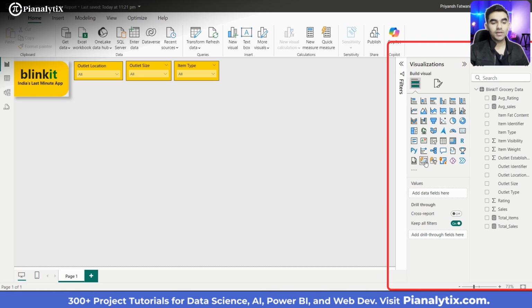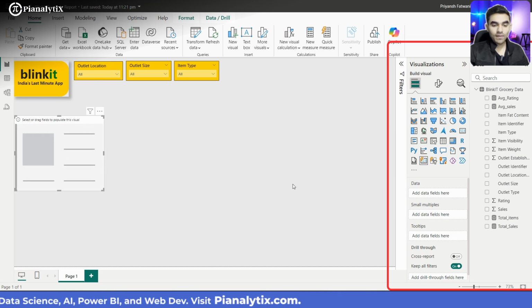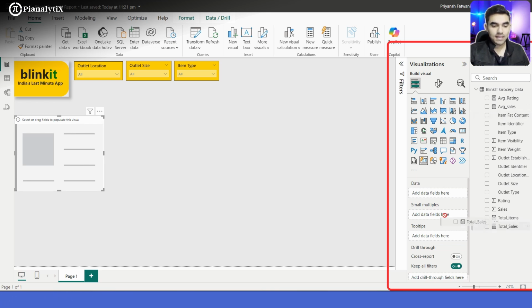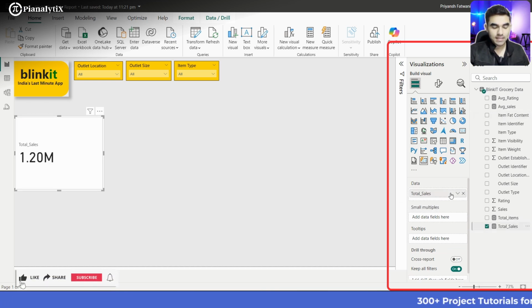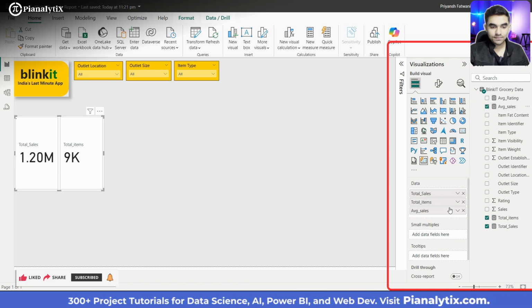Instead we're gonna use this new card option from here, and you can simply place all the four measures that we have created, something like this. So first I want the total sales, then I want the total items, then I want the average sales, then I want the average rating,